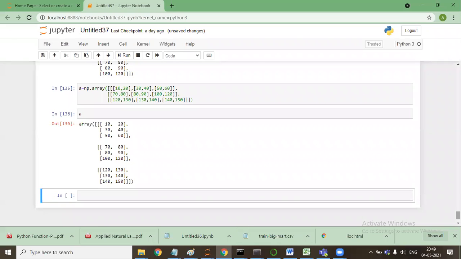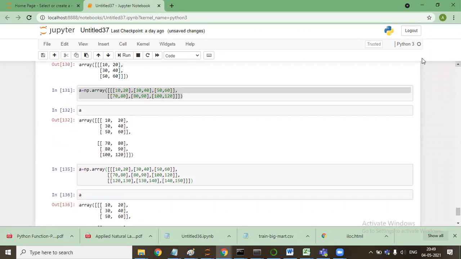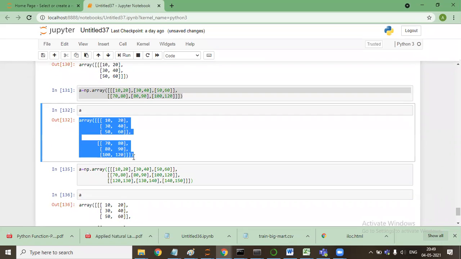Let's take an example: when you click an image, you click a picture with your cell phone. Say there are two options that you have. One is a black and white image, and second is a colored image. When you actually click a black and white image, the way it is stored in your computer, or basically when we work on a machine learning kind of algorithm, the way it is stored is like this, the one which I have been highlighting.